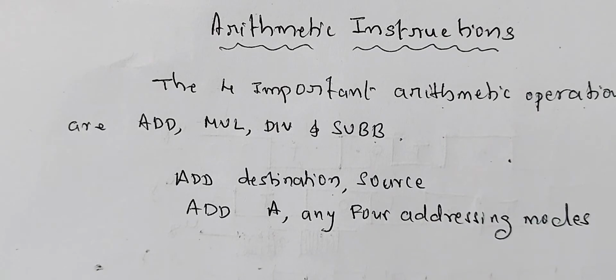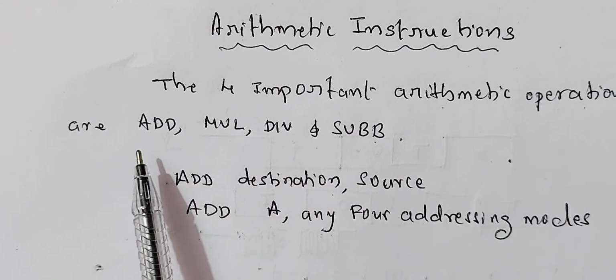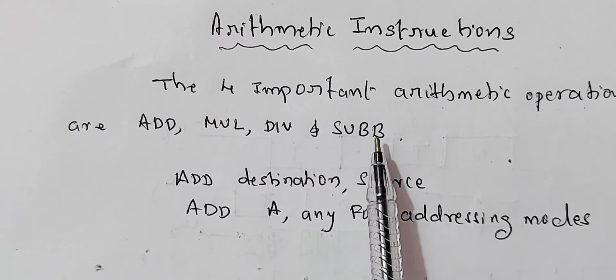We know that there are usually 16 arithmetic operations used in 8051 microcontroller assembly language, and there are 64 operational codes available for arithmetic operations. Last week we studied the operational codes such as decrement and increment instructions. Today we shall discuss four important arithmetic operations: add, mul, divide and sub.